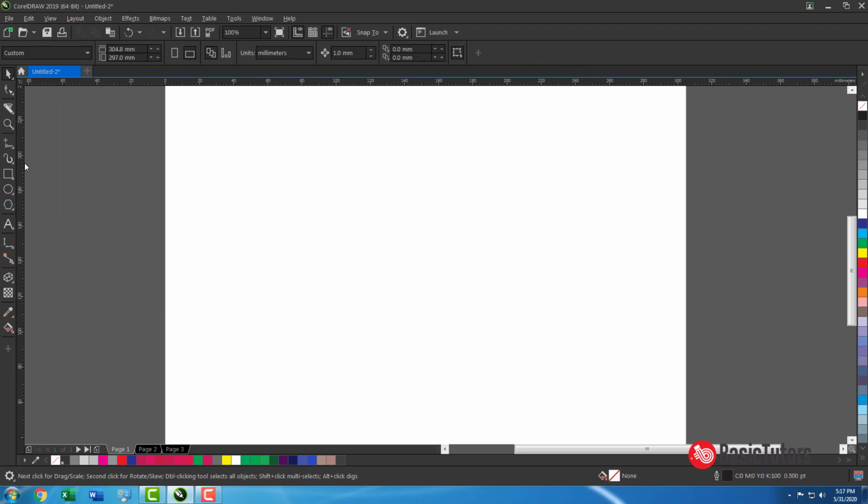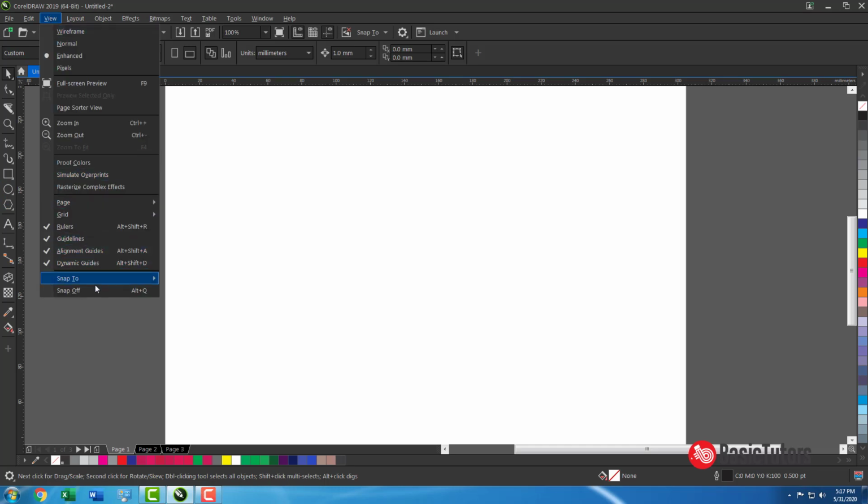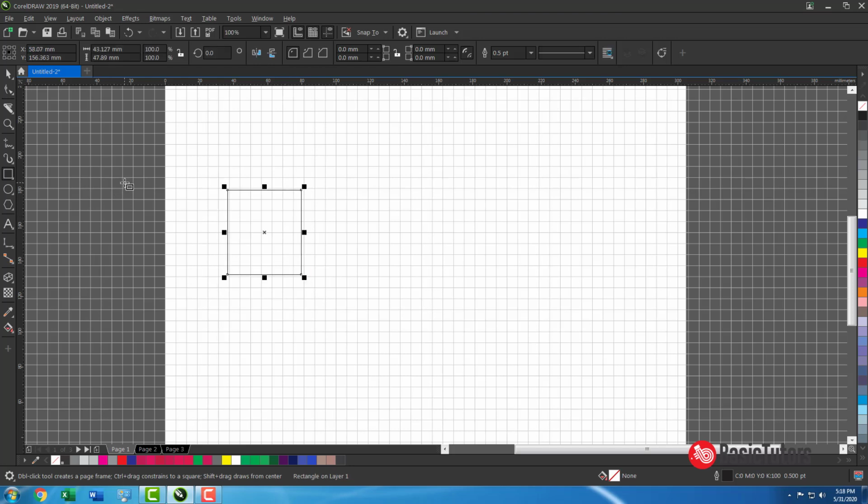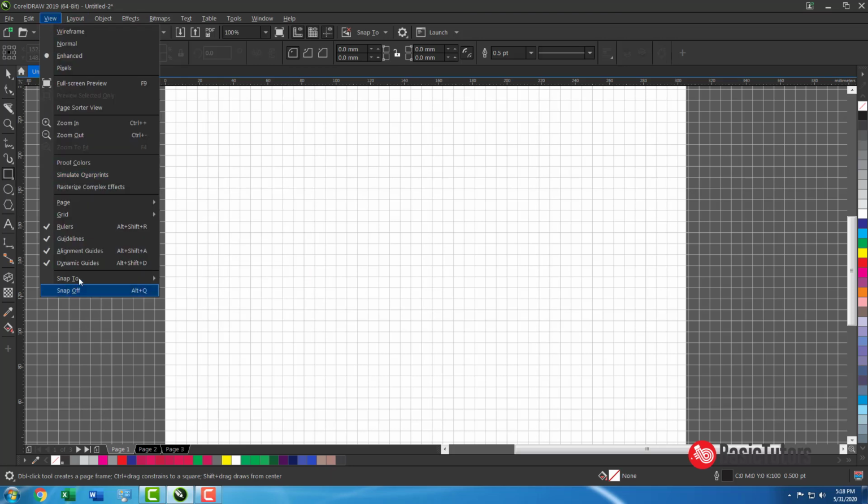Grid is also there. Another thing like the baseline grid is also there. Grid is nothing but rectangles. You can position objects with this grid by selecting snap to grid. Now I disable all those things.